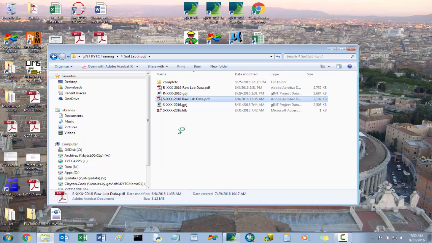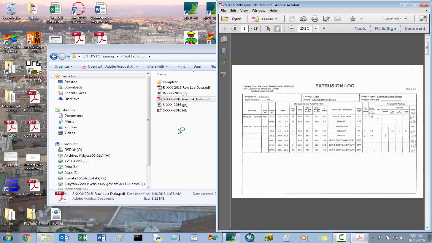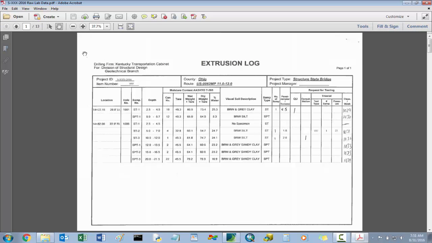So this PDF has the information for the raw lab data that we're going to be entering into the example structure project. And this is basically just an example. These are example sheets made here at the geotech office of the flow of how we go about doing our laboratory data. So when the gINT file comes in and the lab samples come in, an extrusion log is